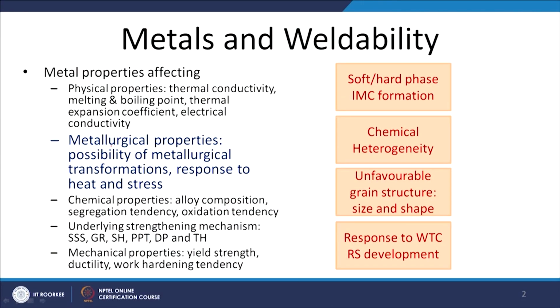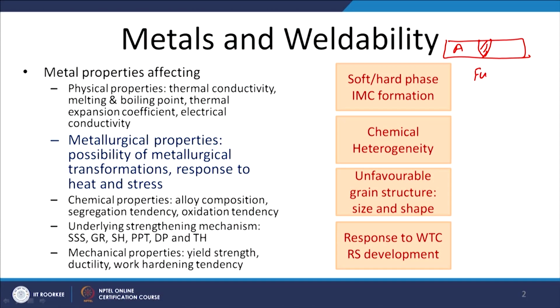Now, we will be talking about these characteristics one by one. The first one is the metallurgical properties. With regard to the metallurgical properties, if we take one metal system A, what happens to it when it is subjected to either fusion through the application of external heat from an external source or controlled plastic deformation, that altogether depends upon the kind of the metal system and the strengthening mechanism which has been used in the design of a given metal system.